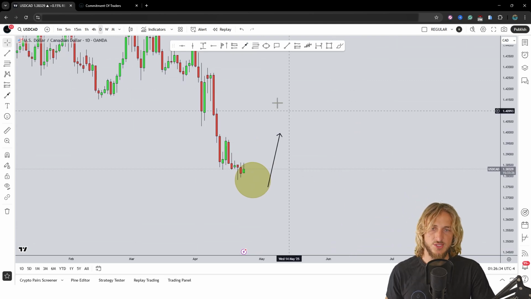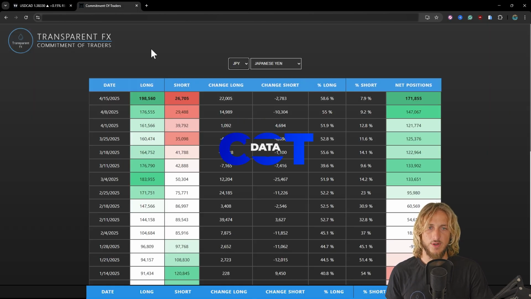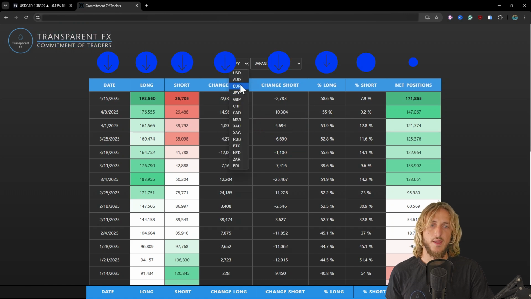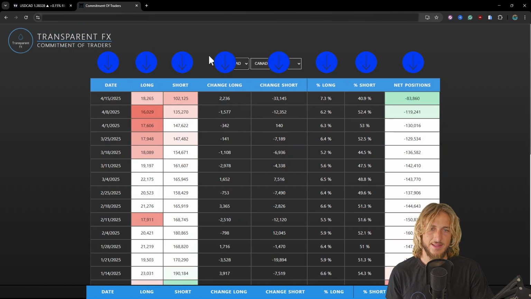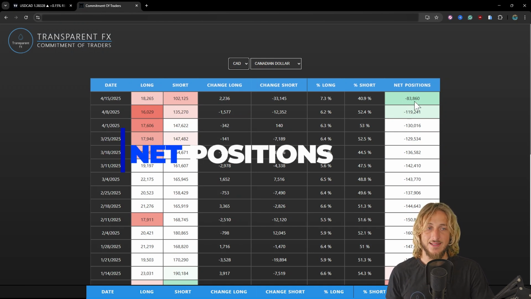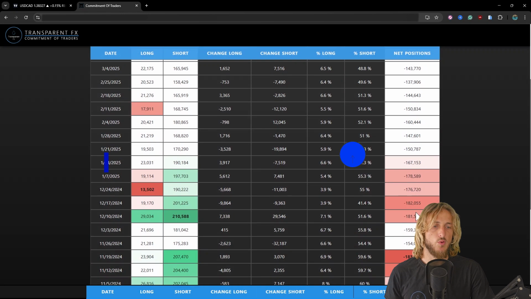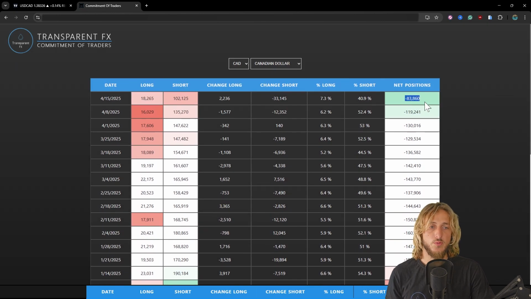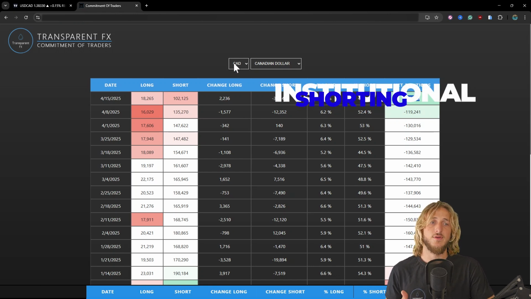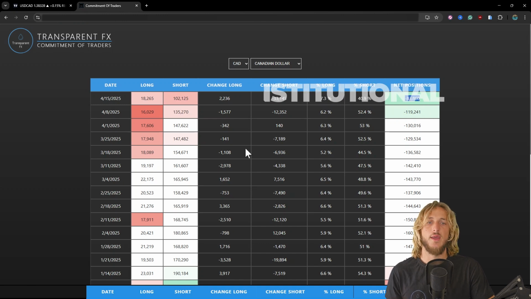Now, speaking about institutional buying, if we go and see what we have when it comes to the commitment of traders, so what the big players are doing on the CAD, what we can see is that with the last report, we reached minus 83.8k net positions. So net positions have already been increasing for months. We went from the low of minus 183k all the way up to minus 83k. So we had a 100k increase in net positions, showing how institutions have essentially moved back to the bullish side